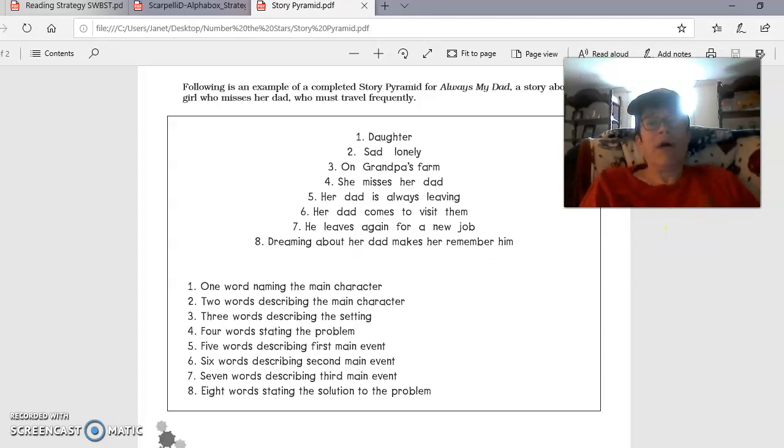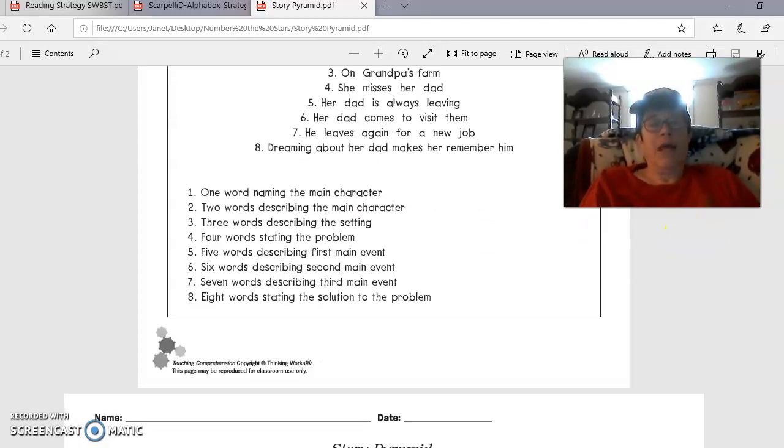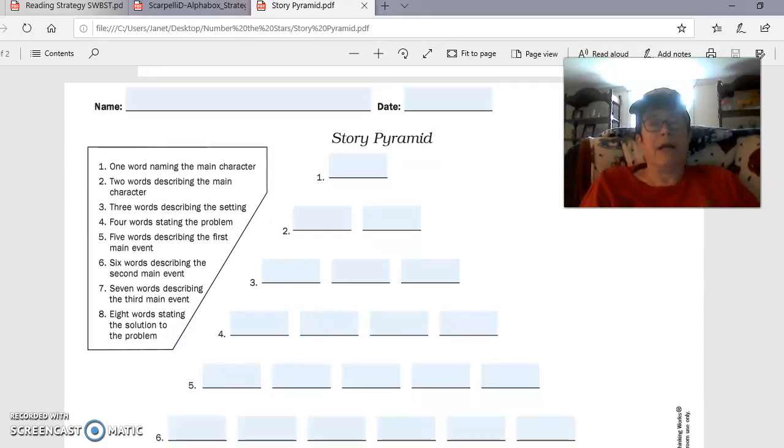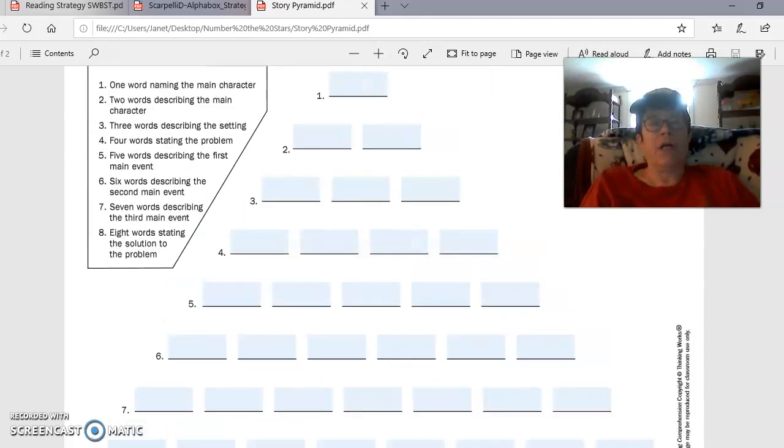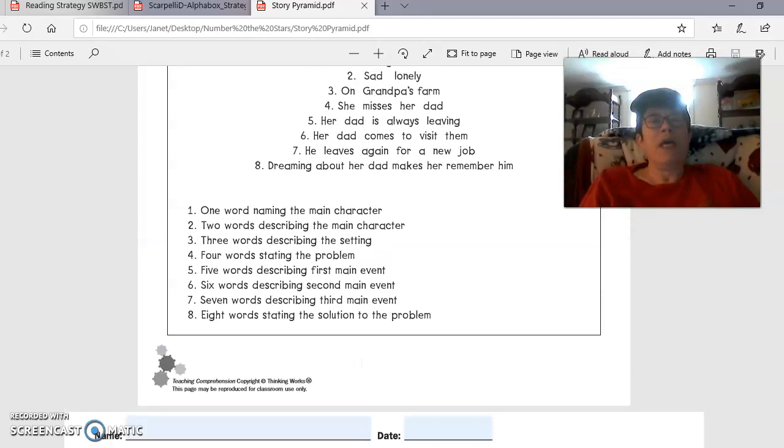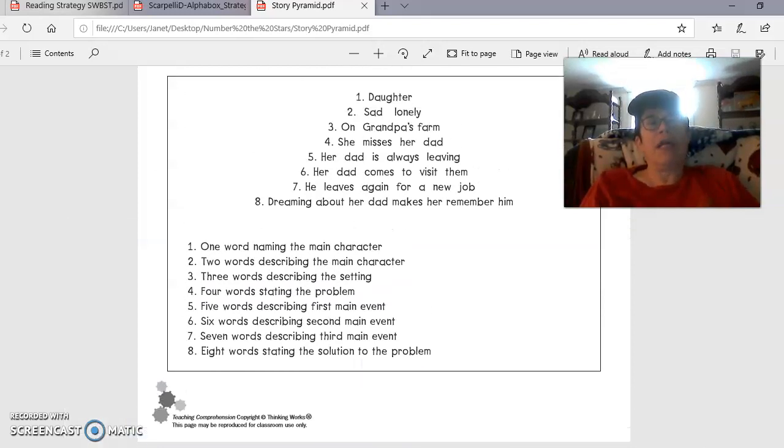Now, my question for you, and there's a sample here at the bottom. This will all be up on Blackboard. My question for all of you is, yes, this is an involved one that you can use with a literature study. Could you use this or the story map or the alpha boxes or any of these things with first graders or second graders? The answer, I hope you're finding yourself nodding your head saying, yes, we could start with